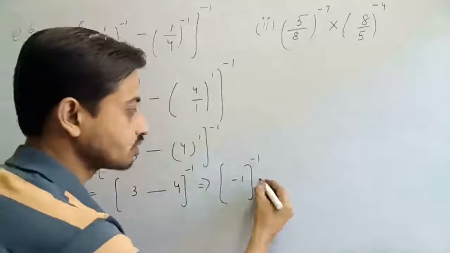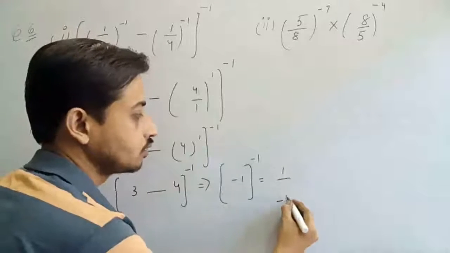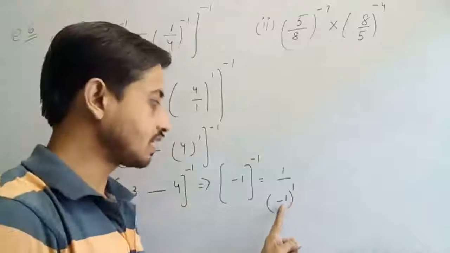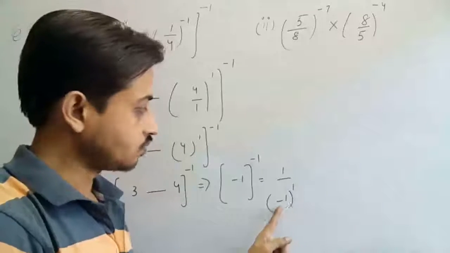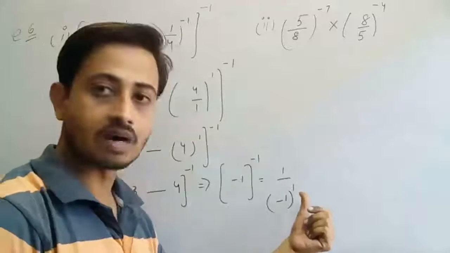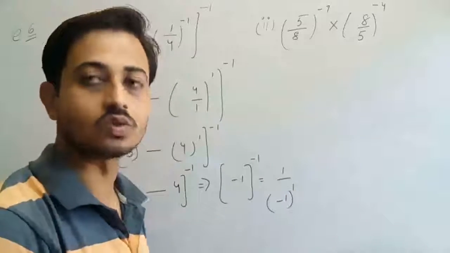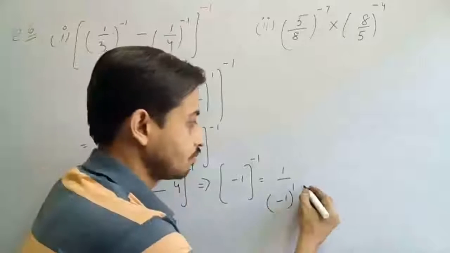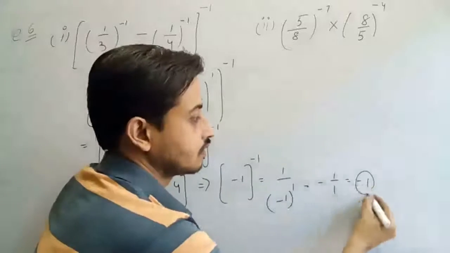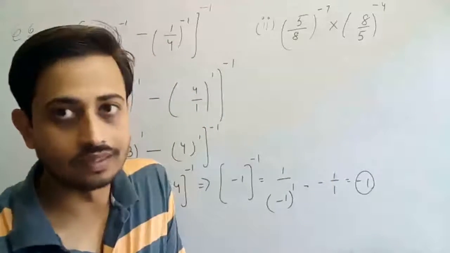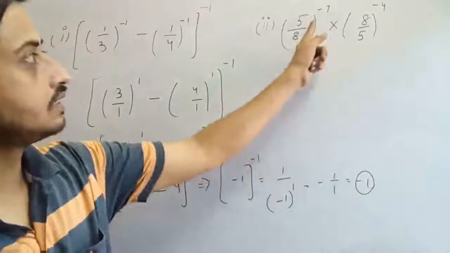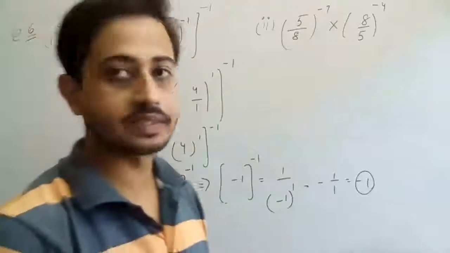So we can make it positive if we take it into the denominator. Again the power is positive and the exponent is negative. So check the power. The power is odd. 1 is odd. So negative comes out of the bracket. So negative 1 by 1. So what's the answer? Negative 1. Now look at the second part. In this, no term is specified.